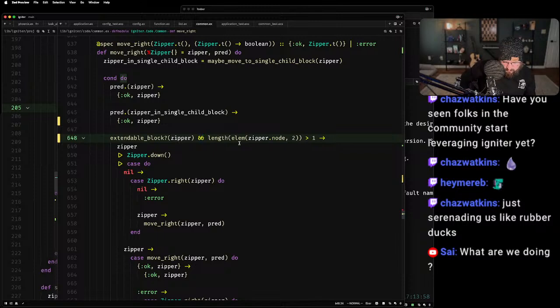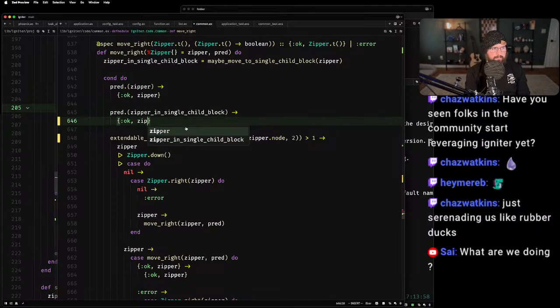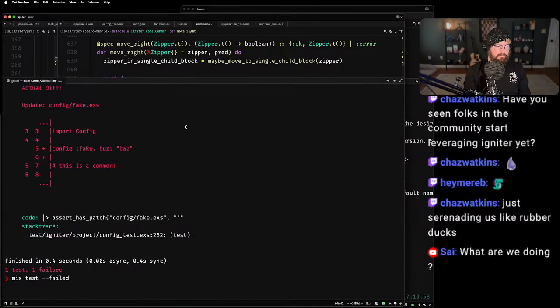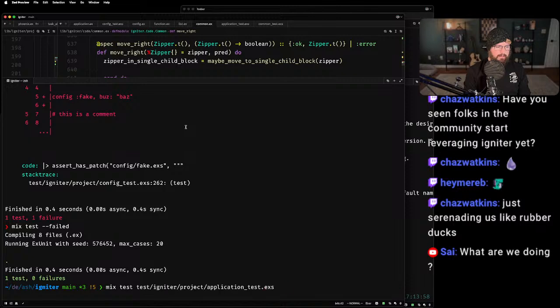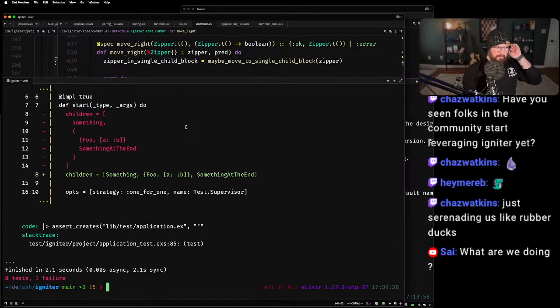So what I need to do is leave that alone, which will fix this test and it's going to break my other test. And I need to do list traversal differently.